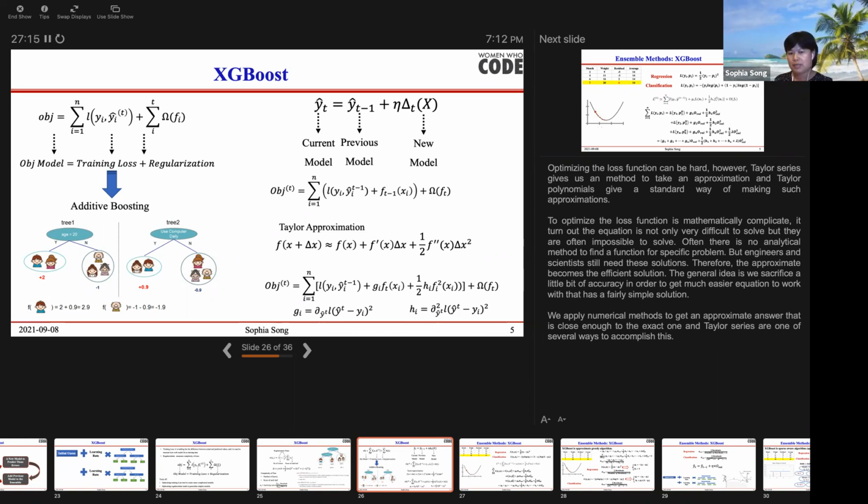Generally, you can actually add the third order, fourth order, and so on. The more items you add here, the more accurate it is. However, if you add more items, your time complexity will be high. So in order to simplify, the second order is already good enough to approximate your loss function. So here we use the Taylor approximation to optimize this loss function. So for the objective, we use the loss function plus the first order